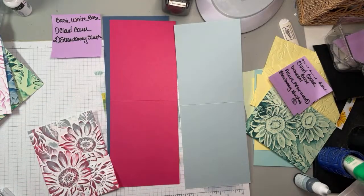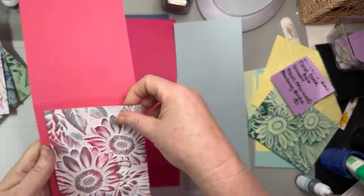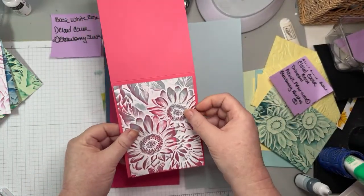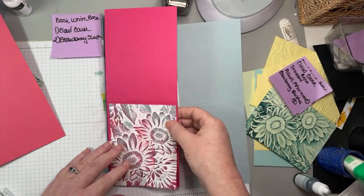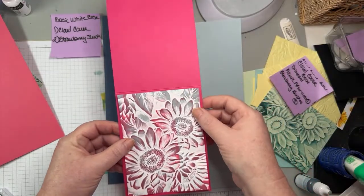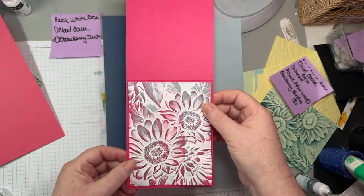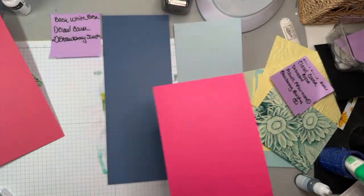Hold on, let me show you Strawberry Slush really quick. So here it is with Strawberry Slush. It's pretty, but I love it with the darker, bright, bolder color. So there is that, which is